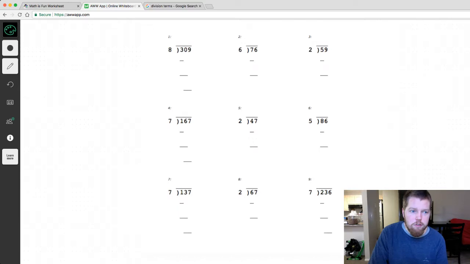Alright, so for our first part, all of the numbers went in equally with 0 remainder. And so the quotient, or the answer, was a whole number. Now, in this portion, our answer is going to have a remainder. And our answer could either be expressed as a whole number with a remainder, kind of written like 2 remainder 3,